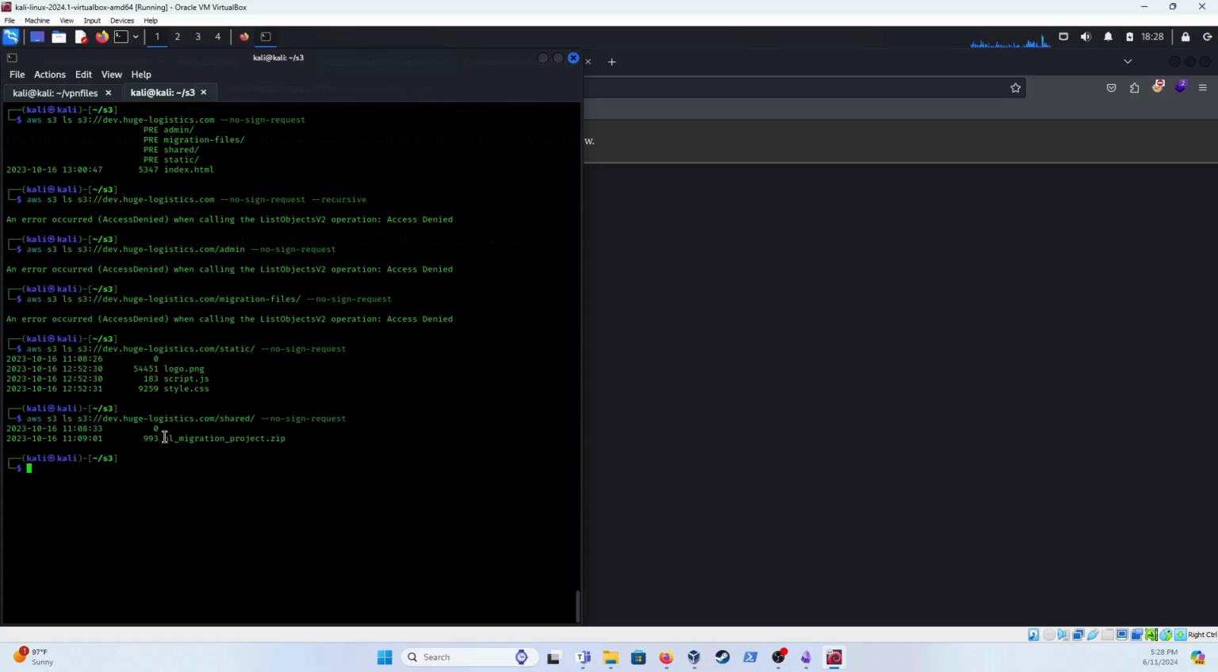And we do have an HL migration project.zip. So let's just pause real quick. This first command we were doing on the base of the website, and we found these 4 directories, and now we just enumerated through each of the directories just to see what we can find in those. We listed each one of the directories. Now that we've seen this